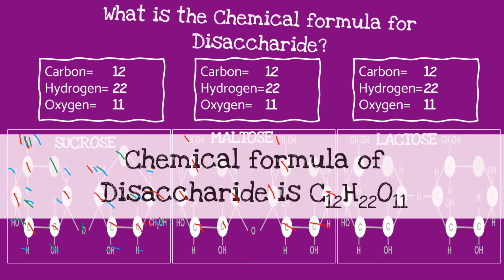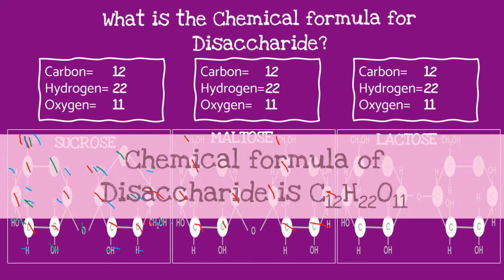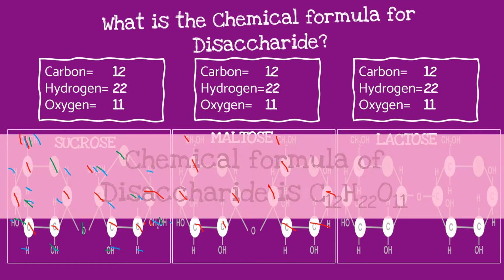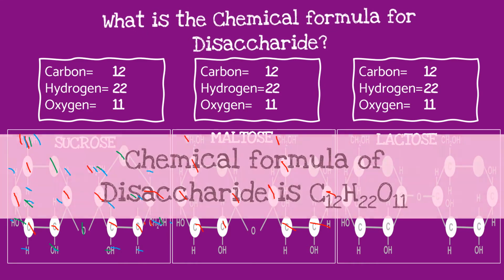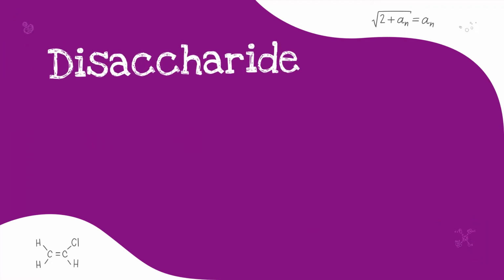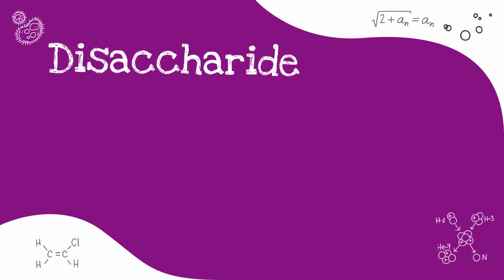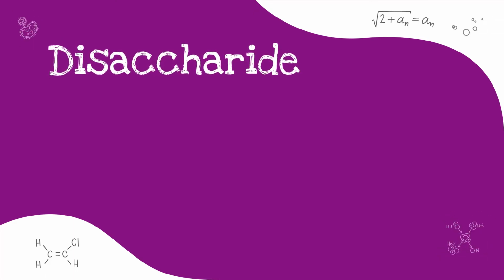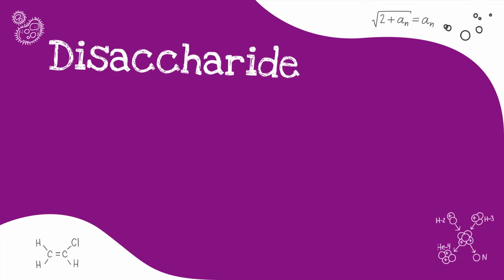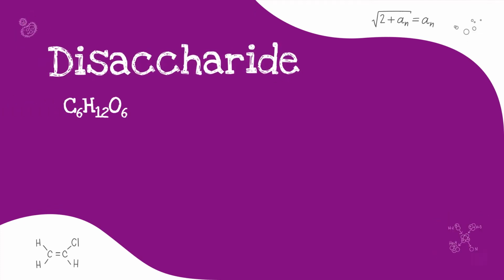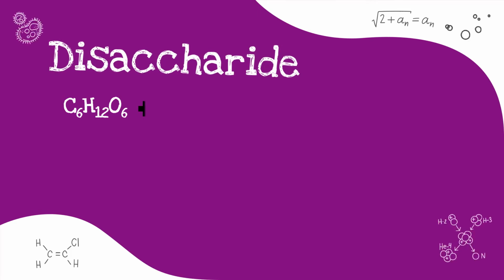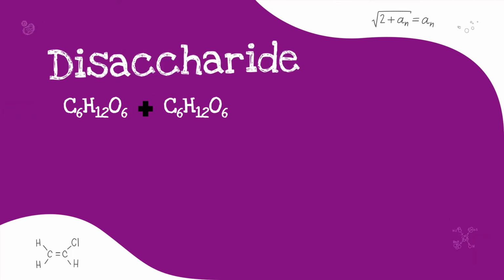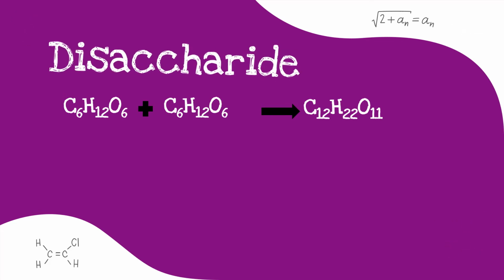So the chemical formula for disaccharide is C12H22O11, or 12 carbon, 22 hydrogen, and 11 oxygen. Now, let's see why a disaccharide has a chemical formula of C12H22O11 instead of C12H24O12. During the process of making a disaccharide, one monosaccharide is added to another monosaccharide to form a disaccharide, and